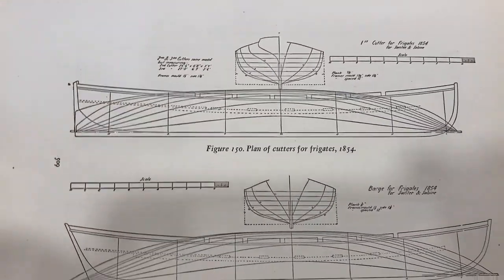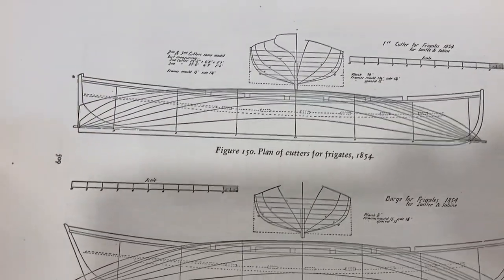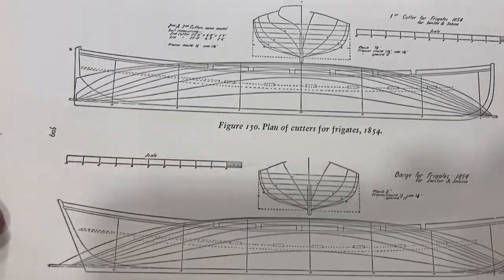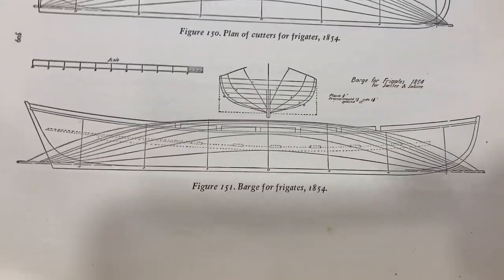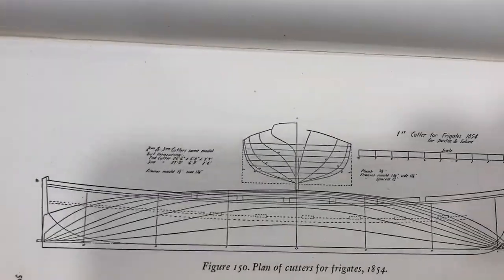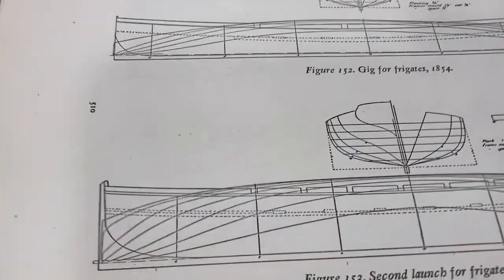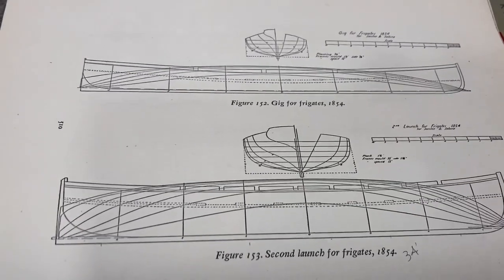Now these get into about 1850s, 54. And this particular one is a barge. No, this is not the barge. This one is the barge, or whaleboat, if you will. And this one is, as you can see, a cutter. And here's another. This is a launch and a gig up here. And here's another launch. And now that you pretty much have what you need for plans,